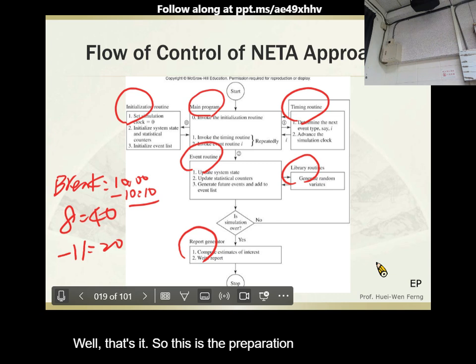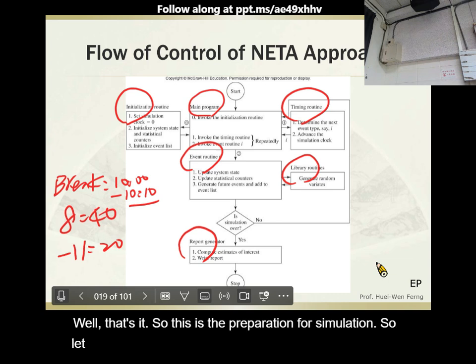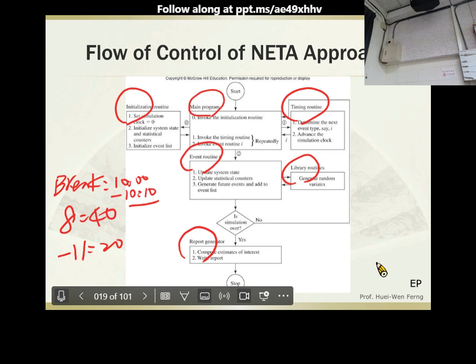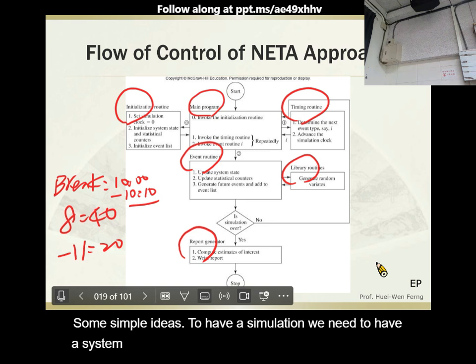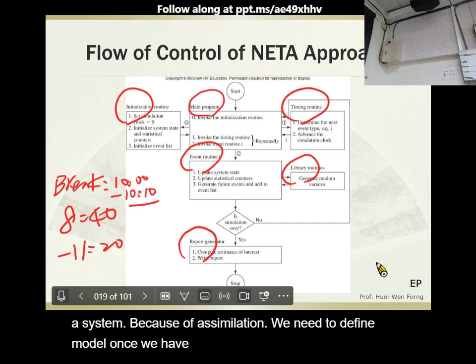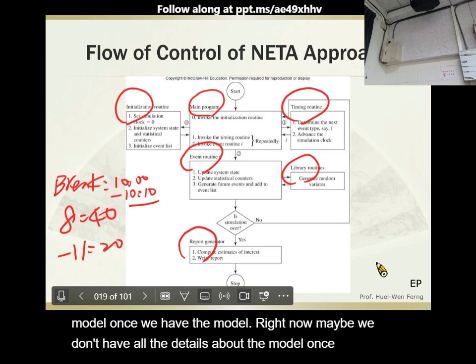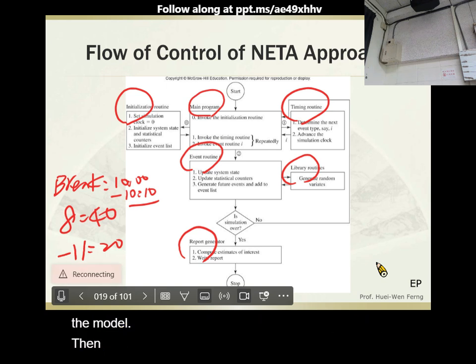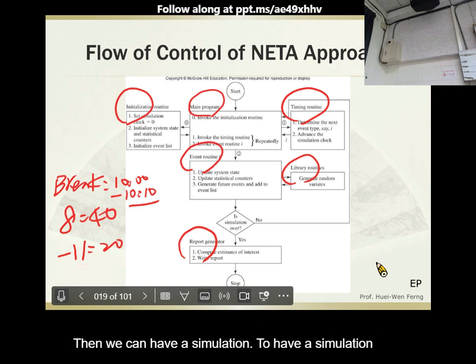So let me have some simple ideas. To have a simulation, we need to have a system. Because of a simulation, we need to define a model. Once we have the model, right now maybe we don't have all the details about the model. Once we have the model, then we can have a simulation. To have a simulation, we choose the simple one first,